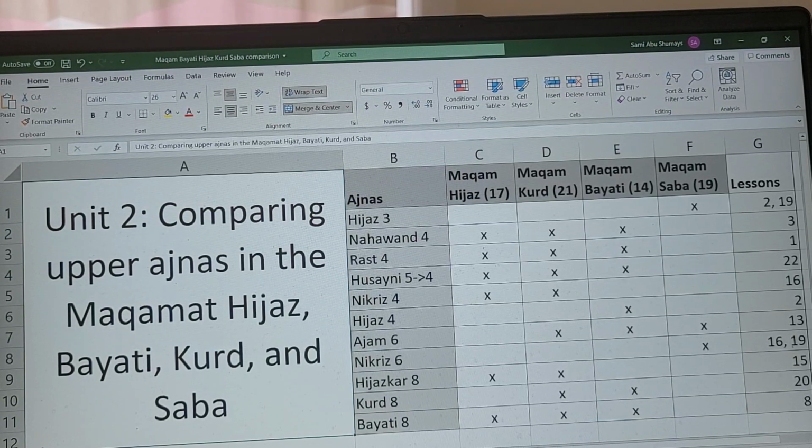Yanin, yanin, yanin, yanin, yanini, yanini. Nikriz,